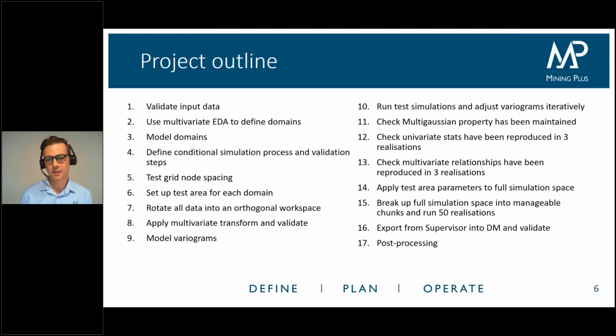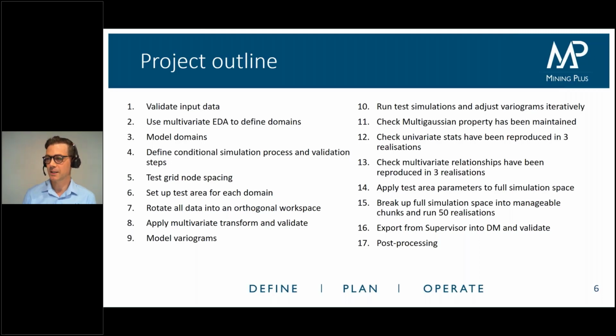So first of all, validating the input data, then using the multivariate exploratory data analysis to define the domains, then model the domains, then define a process and the validation steps, then test grid node spacing, set up the test area for each domain, rotate all of the data into an orthogonal workspace, apply the multivariate transform and validate that, model variograms, run test simulations and adjust the variograms iteratively,